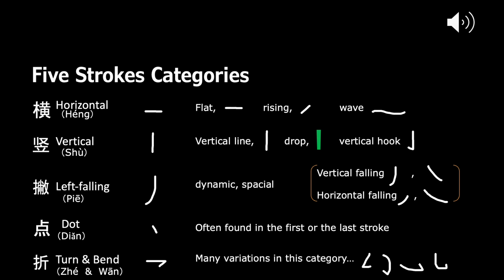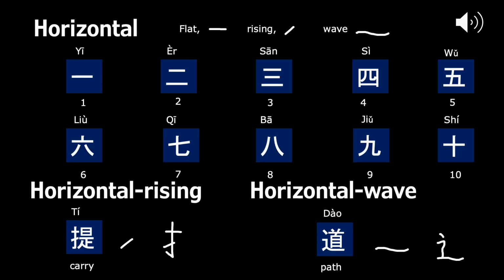Starting off with horizontal. 横, they are horizontal flat, horizontal rising, and a wave. 1、2、3、4、5、6、7、8、9、10. For the horizontal rising,